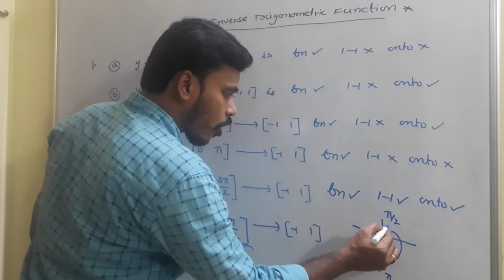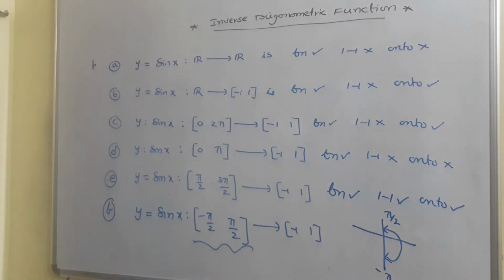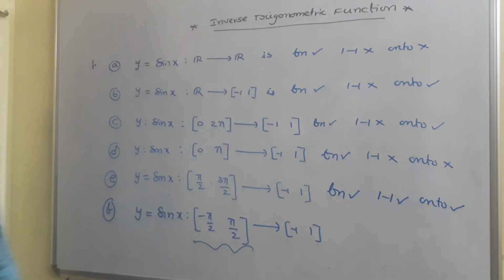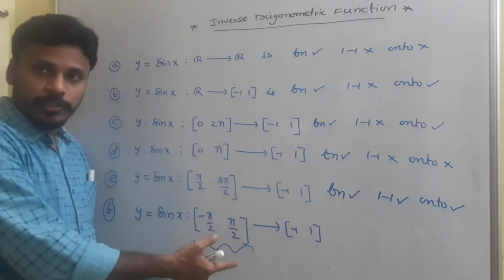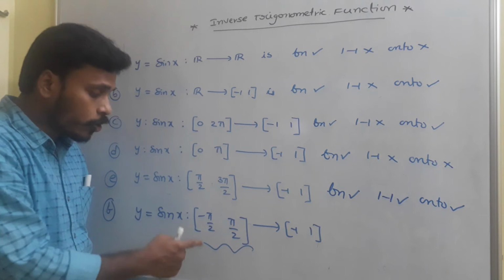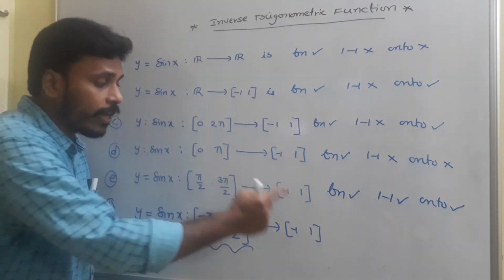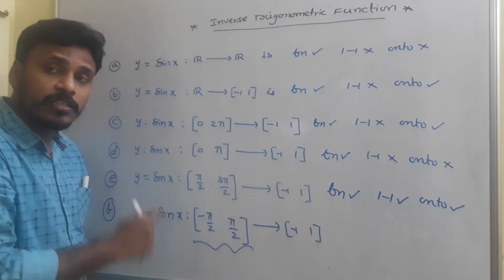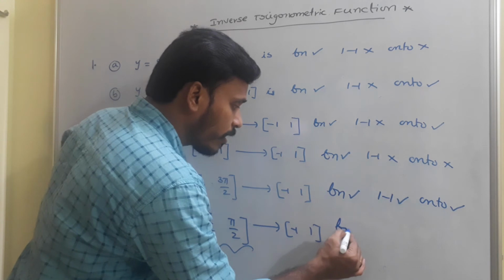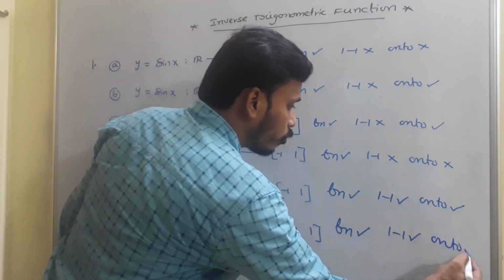If the angles are in between -pi by 2 and pi by 2, if the inputs are from -pi by 2 to pi by 2, so if the angle is in the fourth quadrant, your outputs are in the negative region. If the angle is in the first quadrant, your outputs are in the positive region. So for sure, for every angle there is only one image. For every element of the second set, for sure there exists its corresponding pre-image, and so we say this particular function is again a function as well as 1-1 as well as onto.